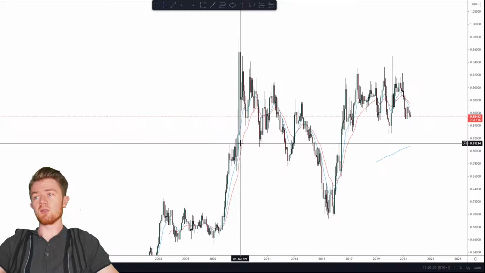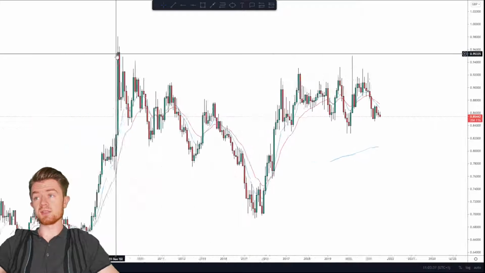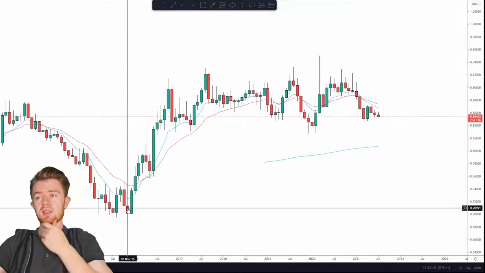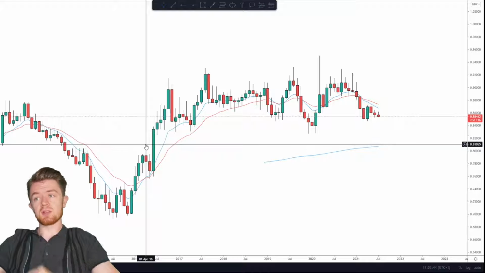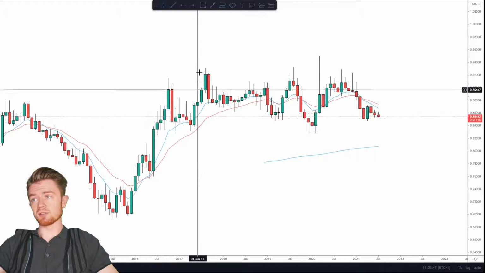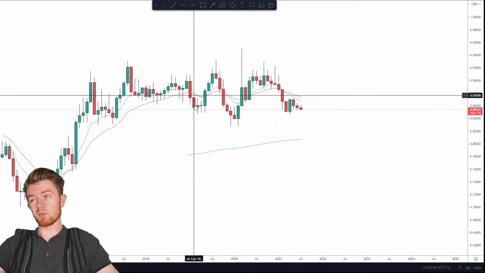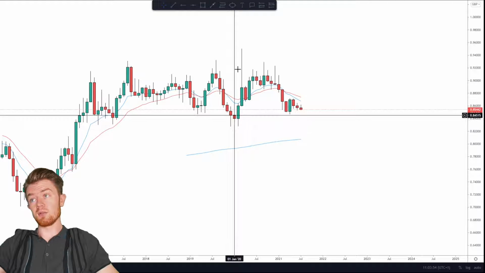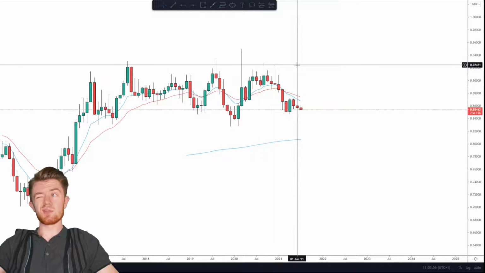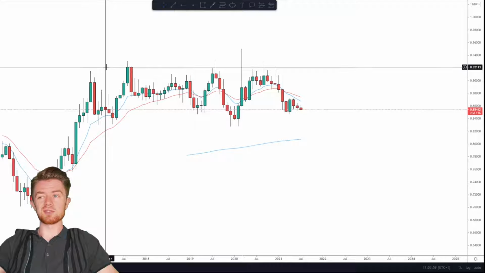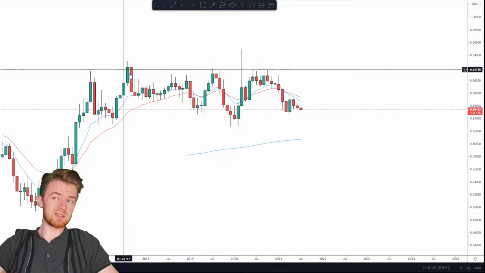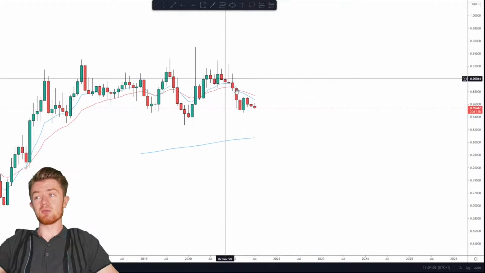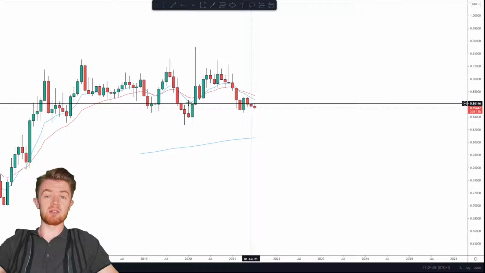Now the trend, if we look at the bigger picture, we can see that we are kind of moving sideways. We have here been in an uptrend, so higher highs, higher lows, higher highs, higher lows, higher highs. But ever since then, we've kind of moved sideways. We printed a low here, a high, a lower low, a higher high. So there's no real visual trend going on as such from 2017, but the moving averages are pointing towards the downside,